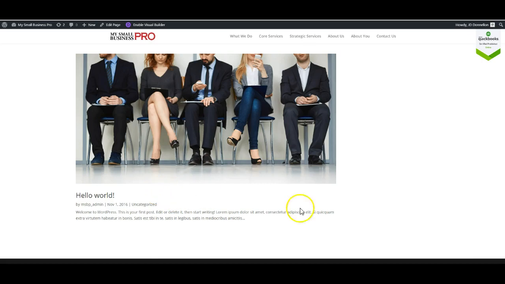So there you have it. That is how you're going to set up your blog post. You're going to add it to your blog using a template